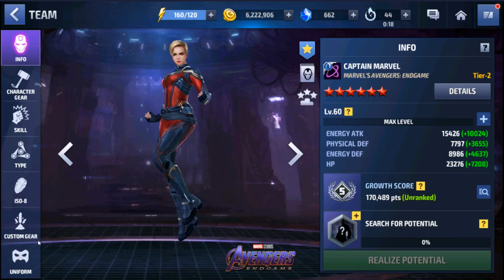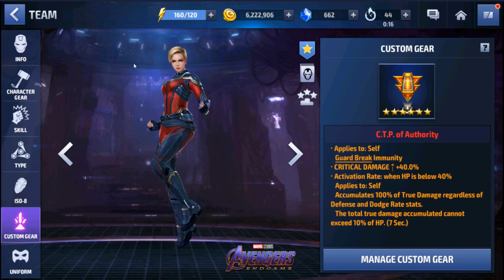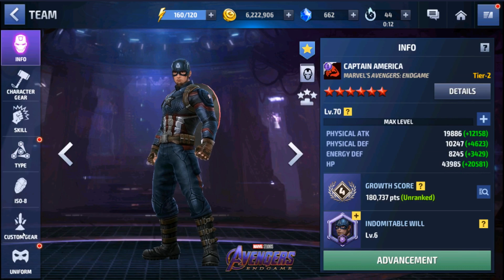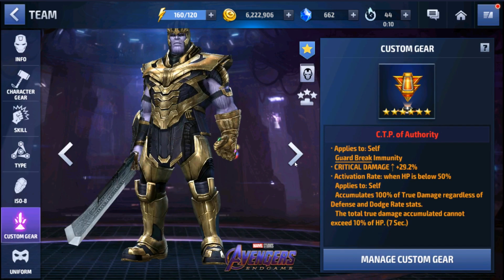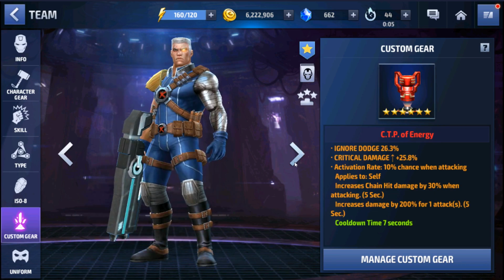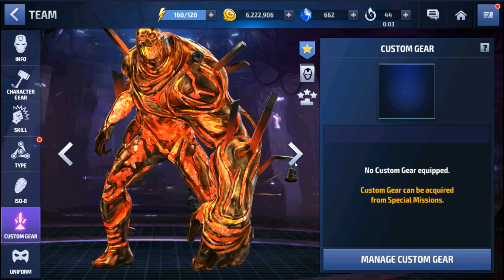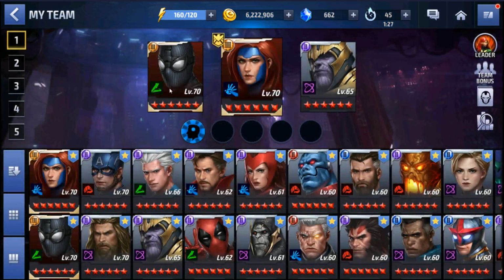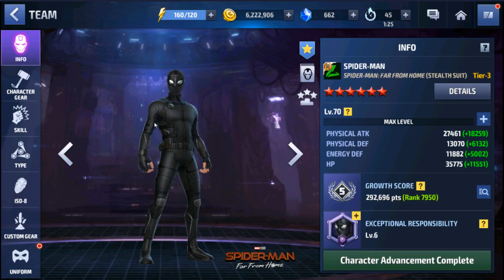This is 3%, but if you get maybe CTP of, what's that, patience or something. Sorry, give me a sec, let me just look for it. No, I have it somewhere here. It's not patience, it's the one Nova has, transcendence. Yeah, if you get a transcendence on Captain Marvel, she's gonna ignore dodge and she's just gonna fourth skill Spidey